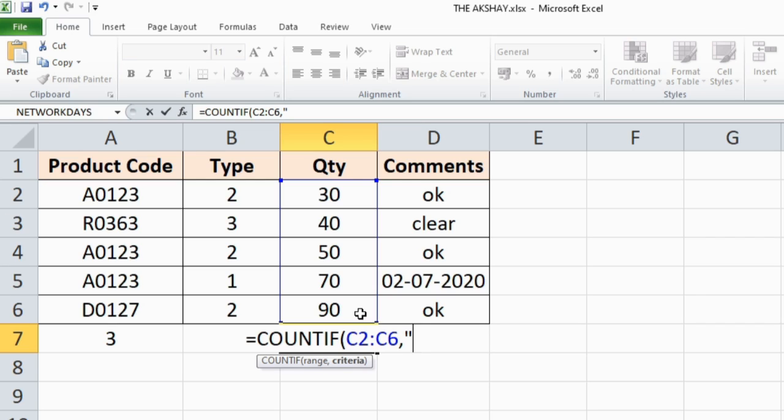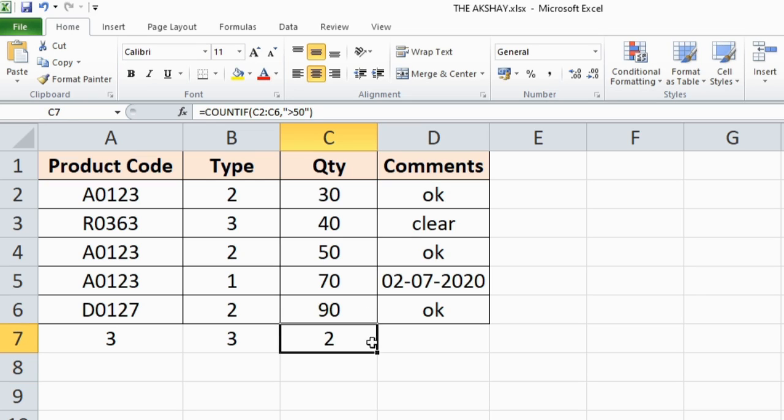Alright, for numbers it's okay if you don't use double quotes, but here you have to use double quotes. For example, quantity greater than 50. Okay, so just use this operator and 50, then complete the double quotes and press enter. It has written 2 because 70 and 90 are greater than 50.